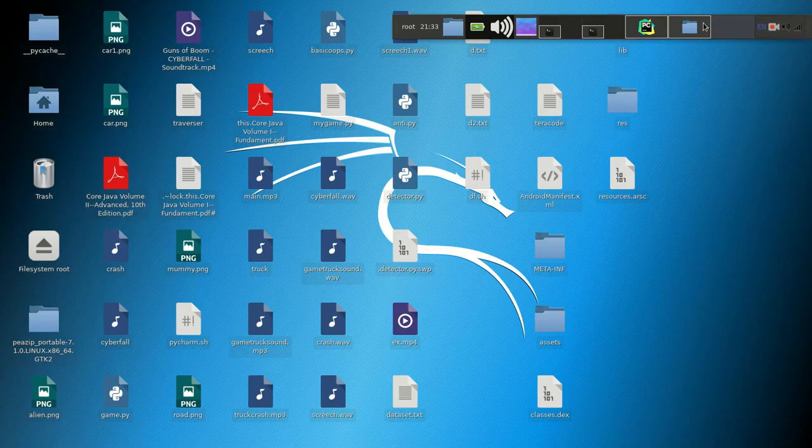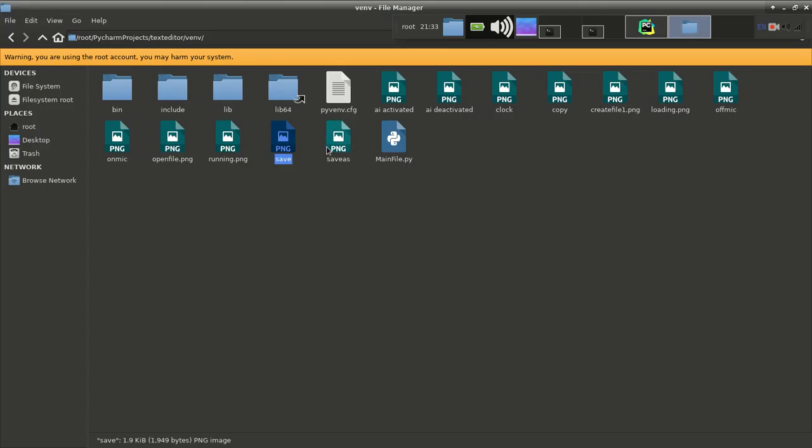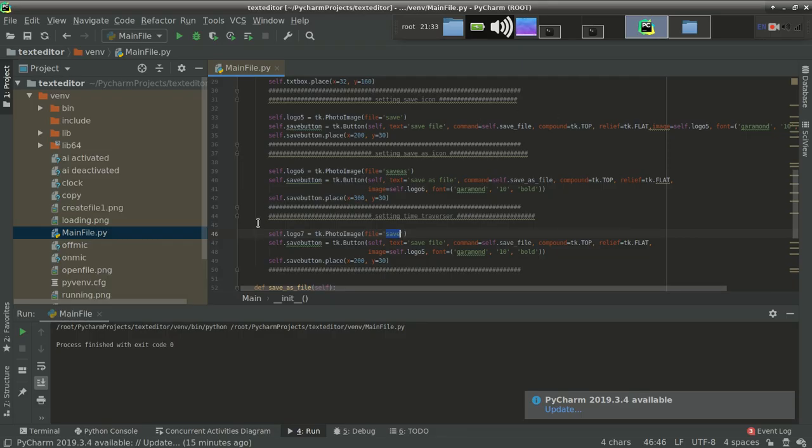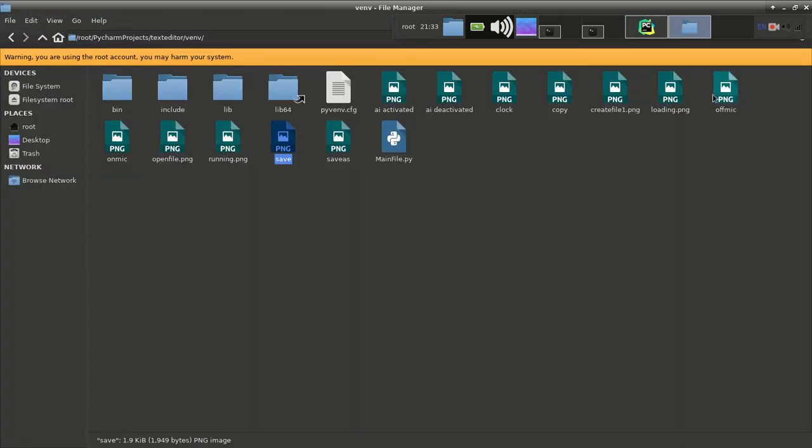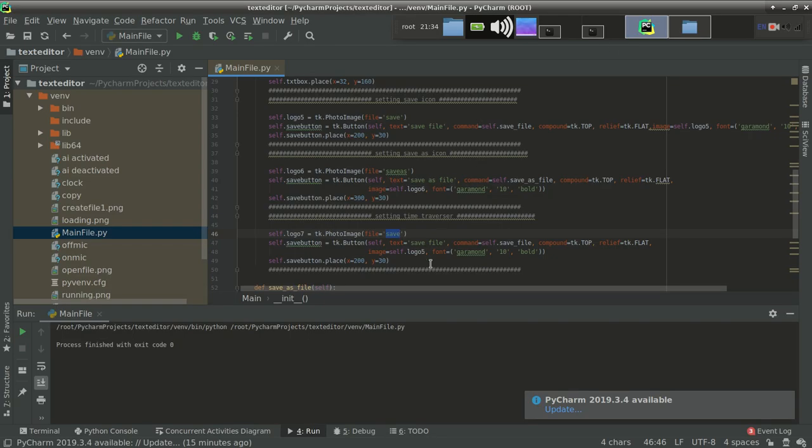One more thing, we are not going to use AI enabler right now. We are working with time traverser. So the image of time traverser will be a clock. You can see that here we have an image as clock, so we are going to use this image for time traverser. File will be clock, only clock. This is the name of the file without png.